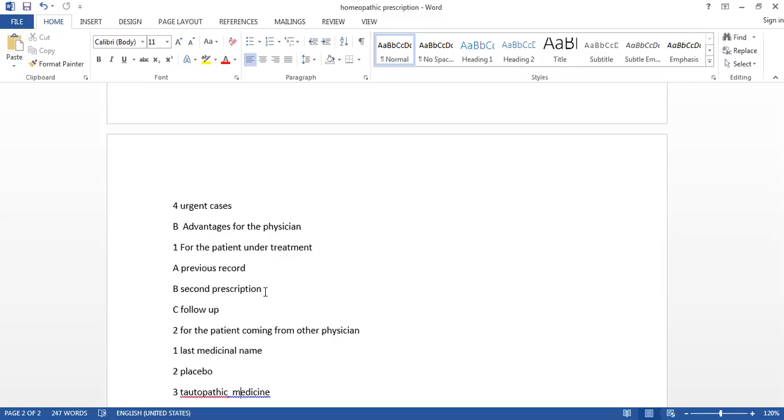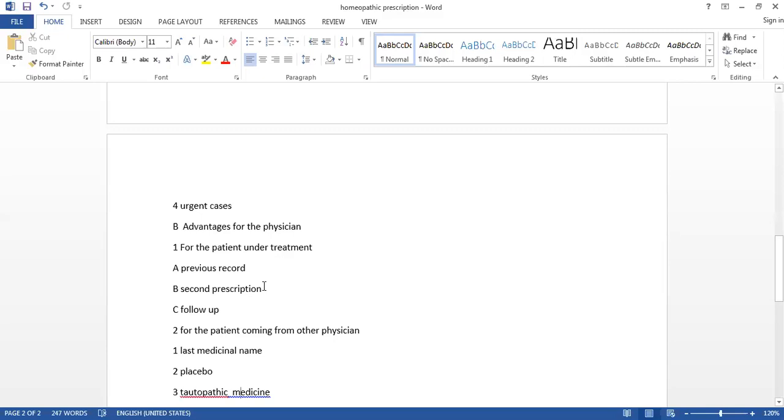Third thing is the follow-up. The physician can follow up the case properly, whether the patient improved or deteriorated by taking the first prescription. So the symptoms the patient had, whether 15, 20, 5, 7, 3, 2, depend on that, by taking your medicine in a proper way and following the diet regime and all these things you have advised, whether the patient has relief or not, or whether the patient is deteriorating. So from all these records he will get from the prescription, and that's why the prescription is important for those patients who are under treatment.